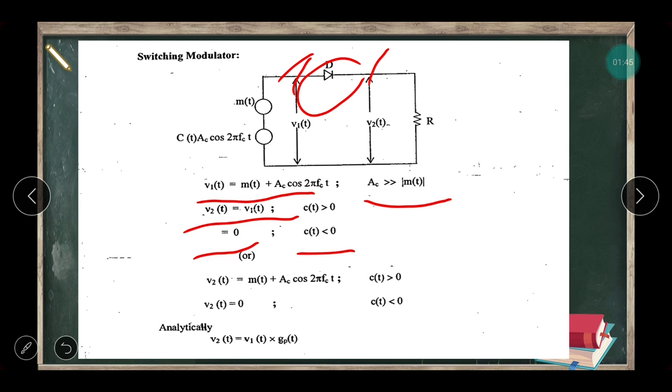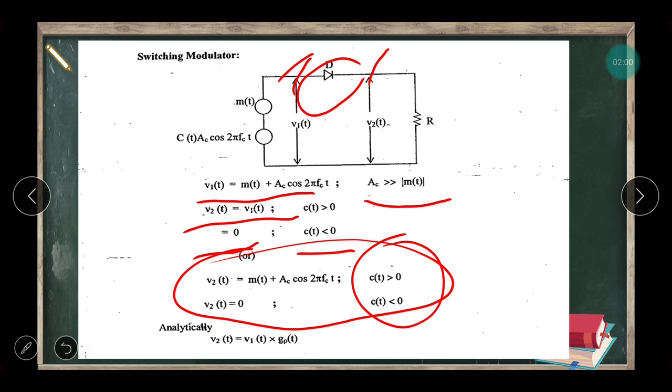Now we can write this expression: v2 is equal to m(t) plus Ac cos 2 pi fc t when c(t) is greater than 0, and if it is negative, v2 will be 0. Now we can replace this condition with a function g_p(t). So v2 equals v1 into g_p(t). What is g_p? g_p is a rectangular pulse